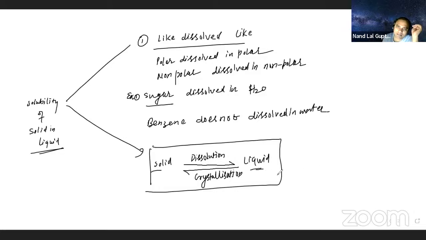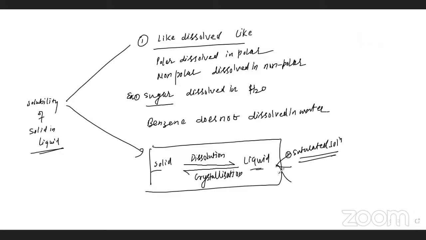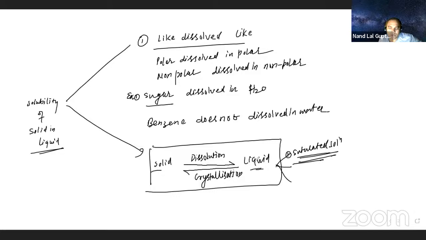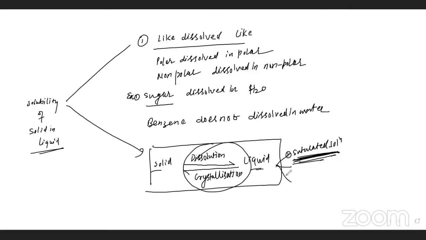So what will happen in this condition? There are two conditions. One is a saturated solution. What do you mean by a saturated solution? A saturated solution is a solution where no more solute can be dissolved at a particular temperature and pressure. During the dynamic equilibrium, you are not going to dissolve anything more, because whatever amount dissolves in the liquid, the same amount from the liquid converts into solid. So at this saturated concentration, both processes are the same, right? And secondly,